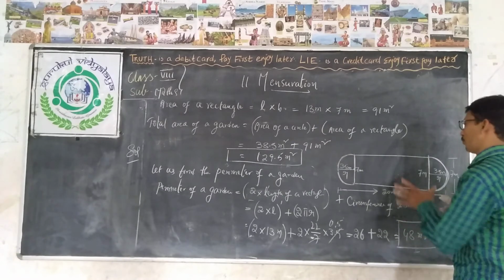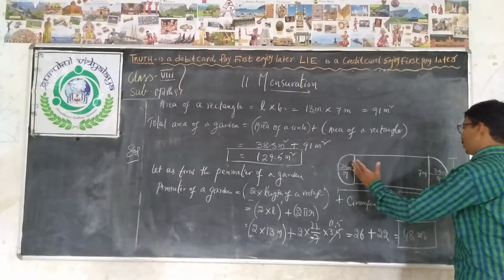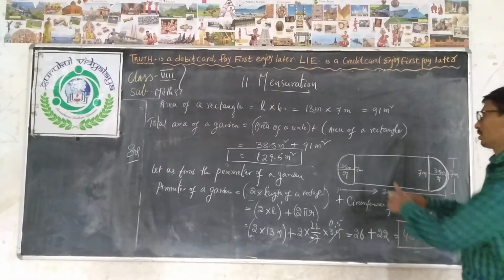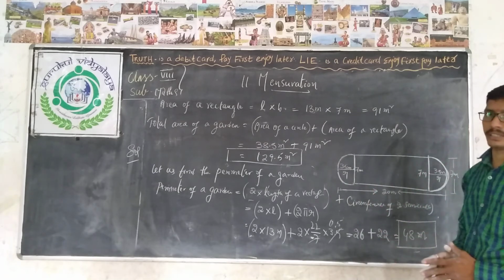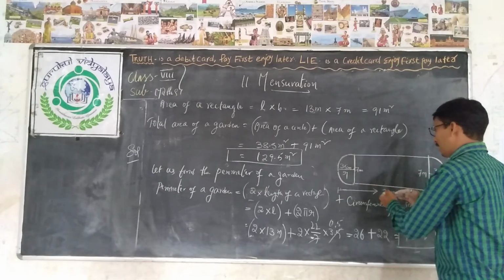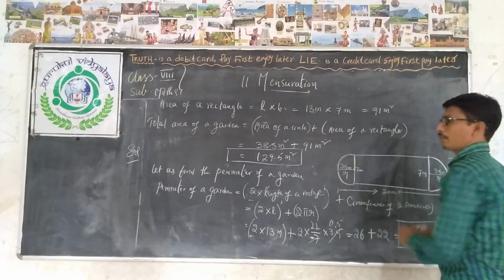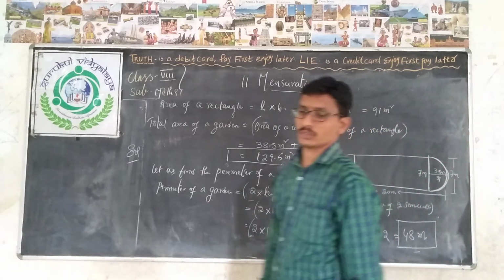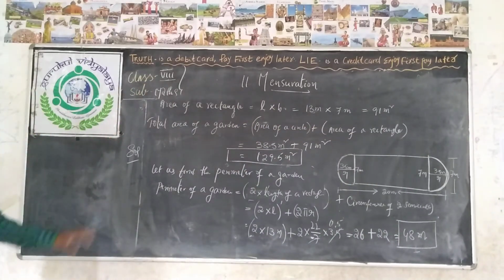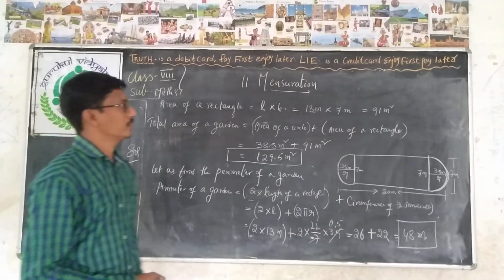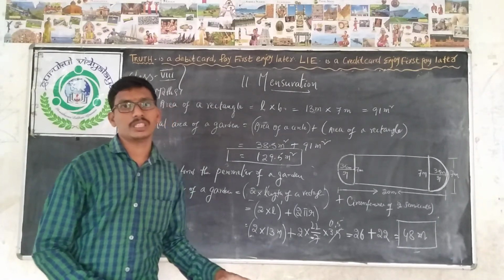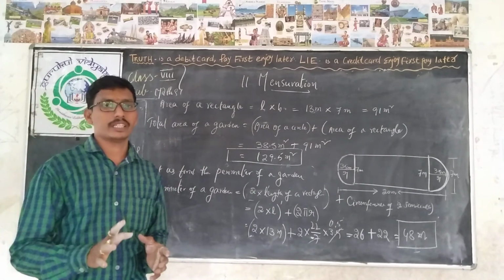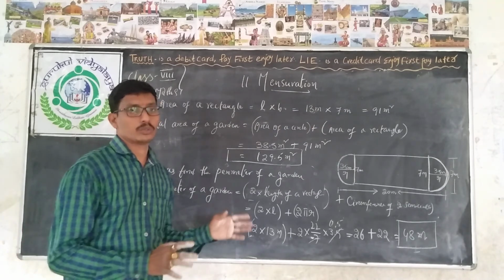For the area, you have to find the area of the rectangle and the two areas of the semicircles. At the same time, the perimeter means you have to find the total outer length of the boundary, that means these 2 lengths of the rectangle and the 2 arcs, which make 1 circumference of the circle. So we find those lengths and get the answer, children. Once again, revise it step by step, all of you. It is a very important problem. Before doing these problems, learn all the formulas by heart very well. Otherwise, it is very difficult to do it. Okay, thank you.